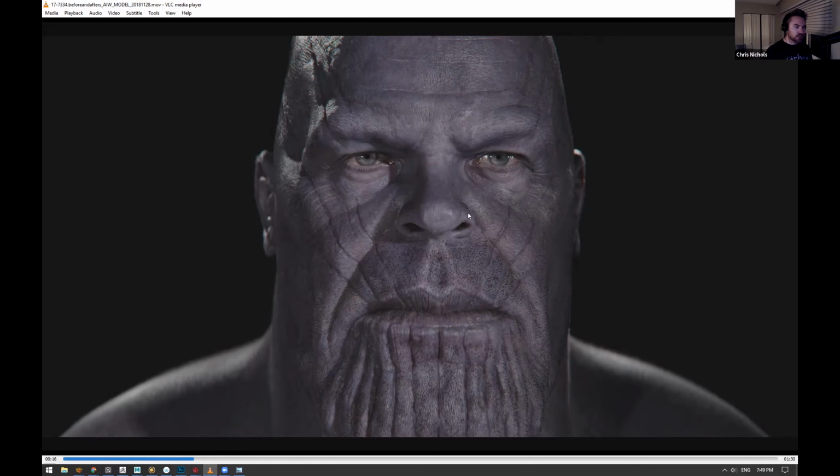So I'm going to talk a little bit about the coloration of Thanos, because as you can see in the render, he has a bit of an interesting look to him. He's not straight purple. There's a lot of different tonal variety going on, especially in the areas where there's a hard surface directly underneath, like the bridge of the nose and the eyebrows, but then around the eye area is a little bit lighter.